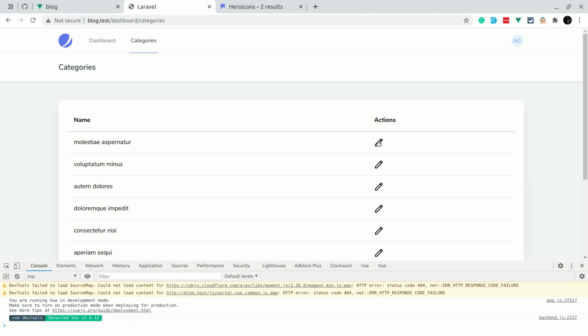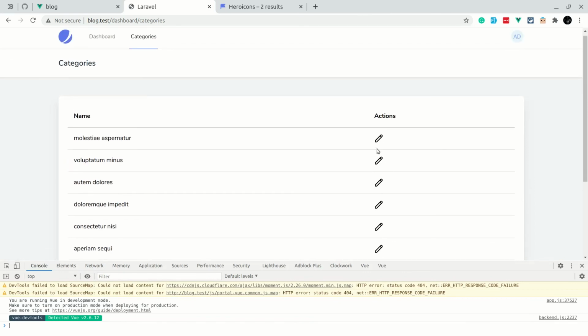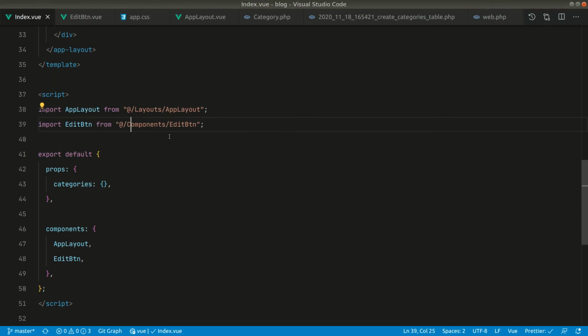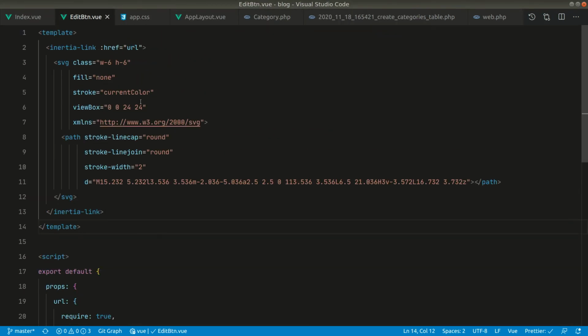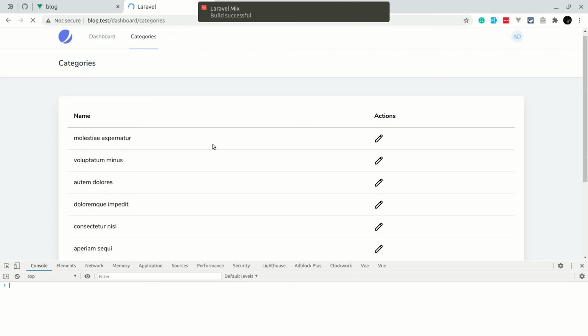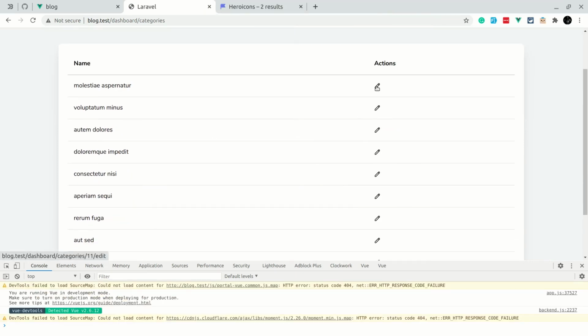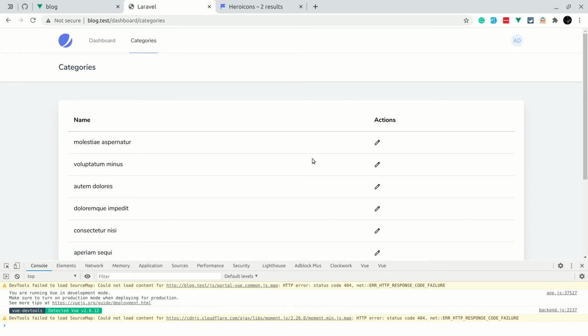you can see here the edit icon is over here, so it's looking a little bit bigger. And if we go here, we can say w4 and h4. Now if we come here and refresh the page, we can see it is a little bit smaller, and whenever we hover on it, if you look in the bottommost corner, it's giving us the link category 11 edit, category 12 edit, so all those are coming here. So when we click on this, it will not take us to any pages because the edit page is not created till now.